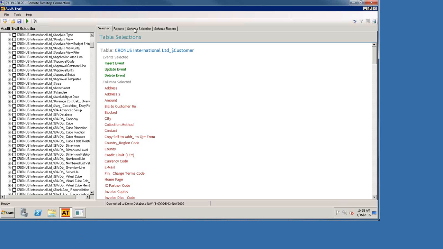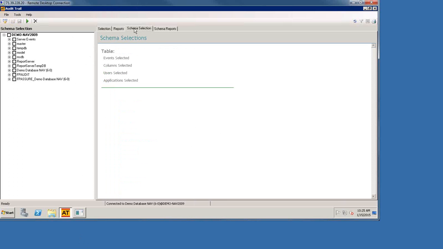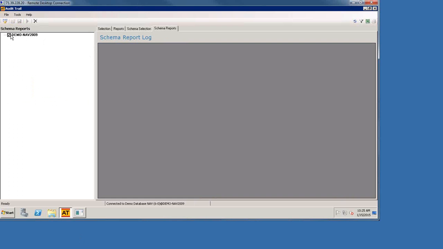But we do have the ability to audit schema changes within SQL. So with this tab that says schema selections, for any database that we have here, if we look at the NAV database, we can audit any kind of table events, stored procedure events, trigger events, user events, or authorization database events. So anytime the database is changed, if a new table is added, if a primary key is changed in a table, if someone adds a new stored proc or a new trigger, we can absolutely audit any of those event changes. Okay? Those reports, however, are found on the Schema Reports tab within this tool.